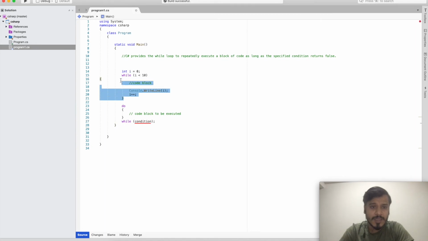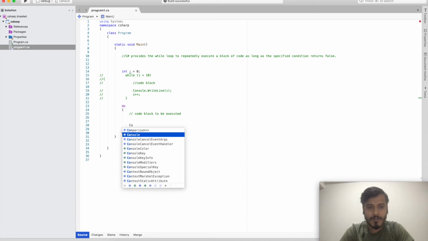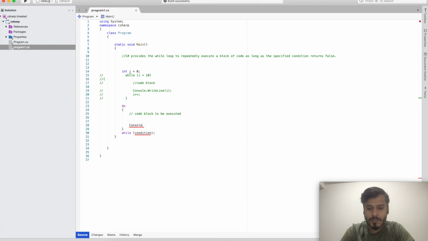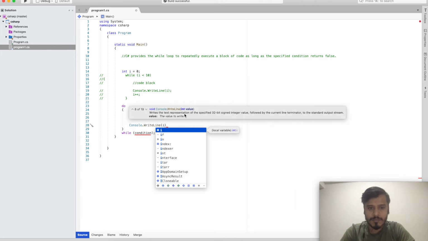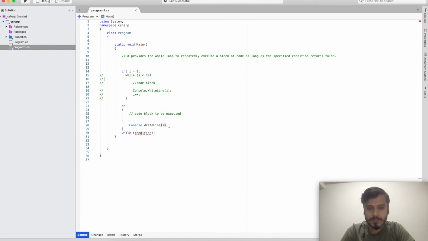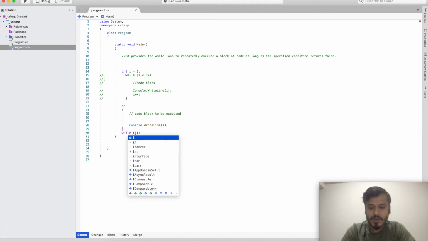I will just comment this out, and what I can do, I will write the do while, and the condition will be I should be less than 10.